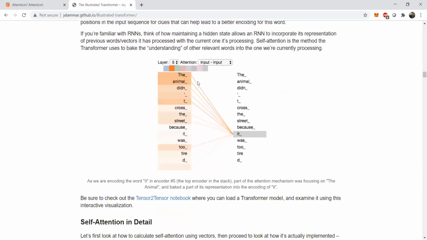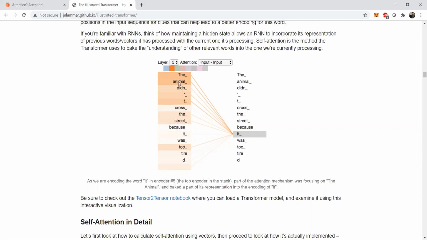If we see this picture over here, it is currently processing certain words, these words in a particular window. So this is the window size, and these colors that we see are the weights of those particular words in that window. So the darker the colors, the more the weight. That means the more the emphasis of that particular word, or correlation of that particular word with respect to the second word, right? So we can see that it has a high correlation with the animal and these kinds of words.